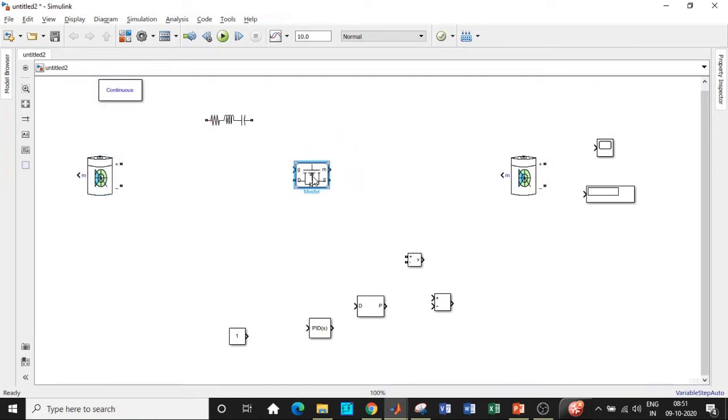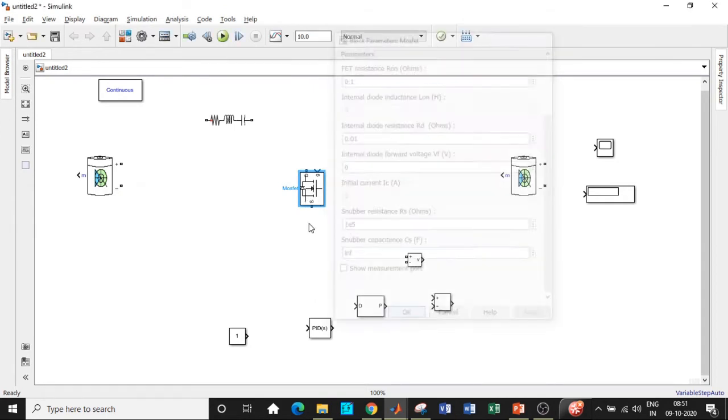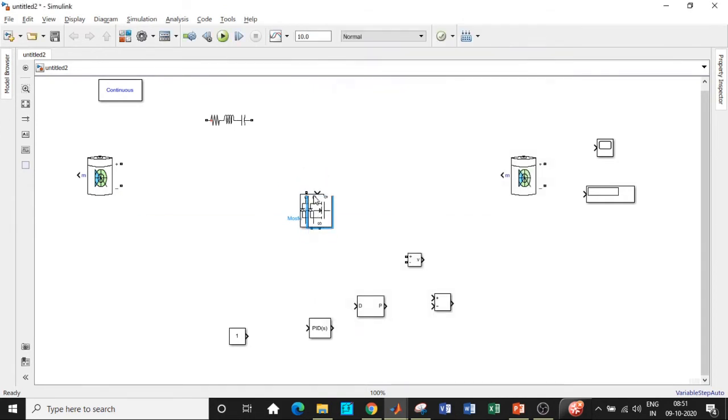Once that is done, rotate this, place this in this particular position and disable the measurement port, and I'll be requiring another switch in this particular fashion. So this is for boost operation, this switch is for buck operation. So you can try to analyze the circuit individually. I have made videos on working of individual buck and boost converters, and I've also designed circuits with respect to buck and boost converters in both open loop and closed loop, so you can refer to that as well.